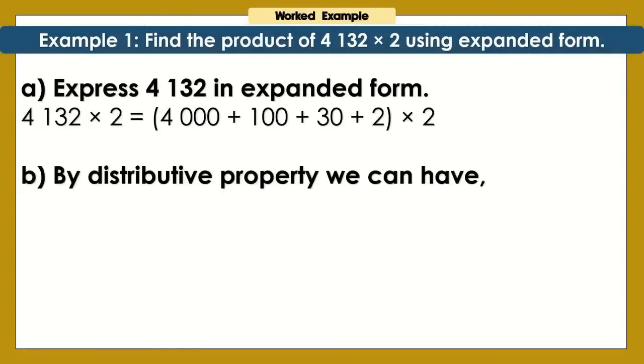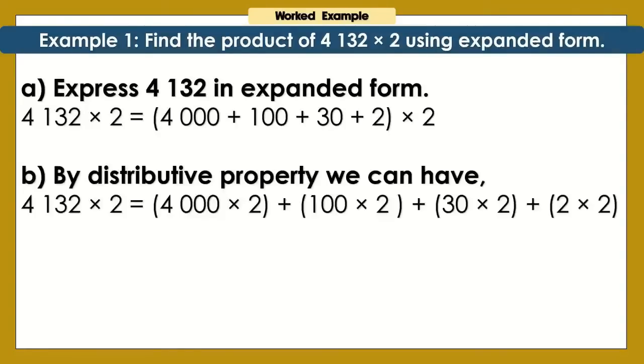By distributive property, we can have 4,132 times 2 equals (4,000 times 2) plus